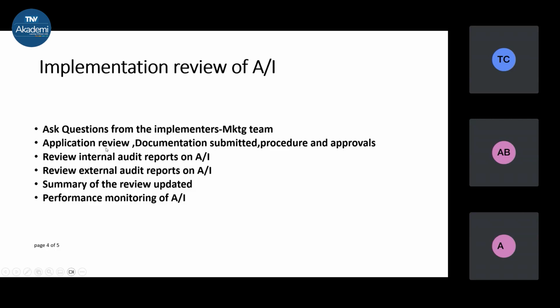Then the application is being reviewed. I will always say review, because application review is conducted at various stages. Whenever we are going into the certification process, application information is always reviewed. Documentation is understood, what they have documented, what they have submitted. There are clients who will submit a lot of information when the inquiry form is filled. What all will they submit?